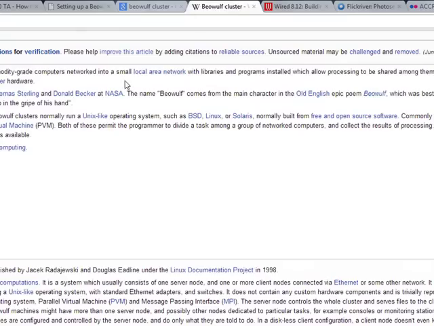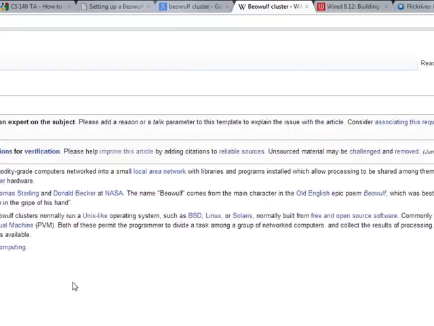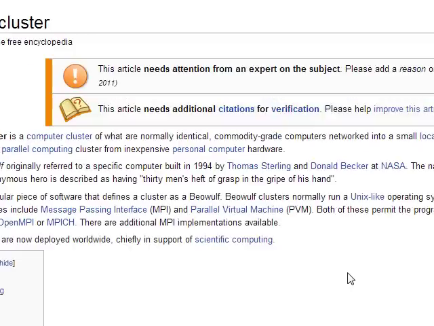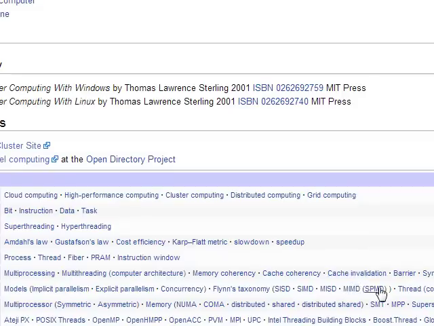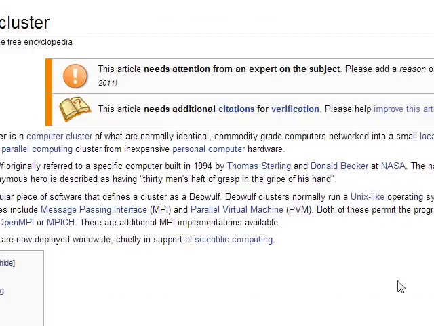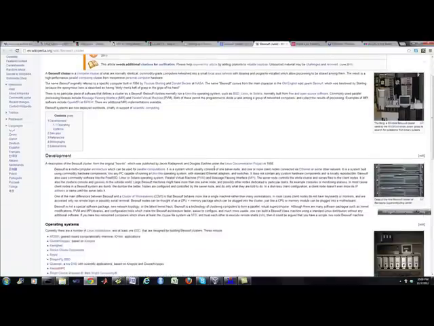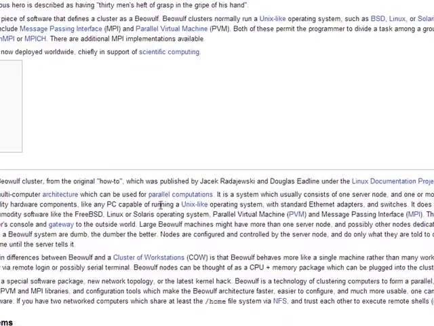Okay, let's talk about clustering. Back in '98, a bunch of guys got together and built a cluster out of cheap commodity hardware. It's all parallel computing. We've gone on about parallel computing, and this is one of the first generation ones that exist. Now, what intrigued me or led me down this path was something called, and if you've been watching my previous videos,